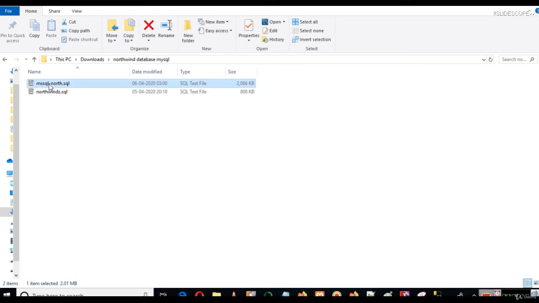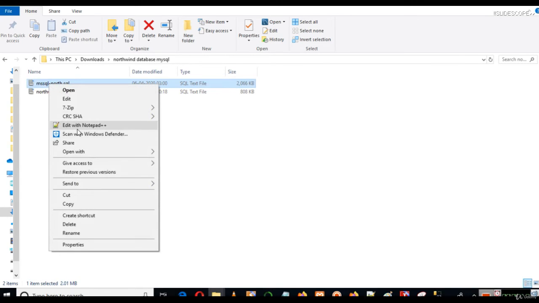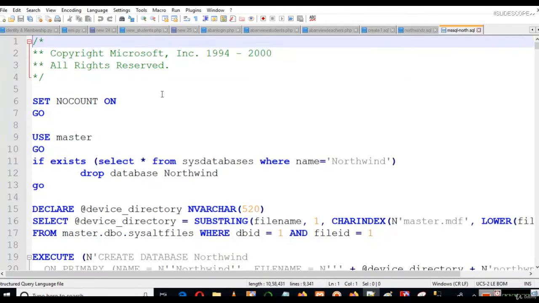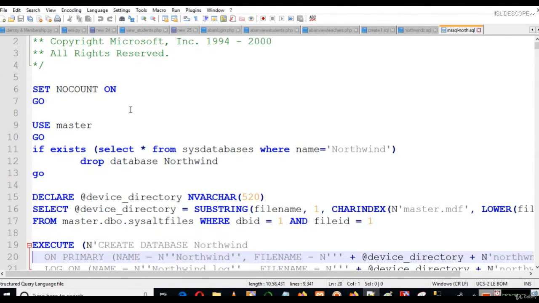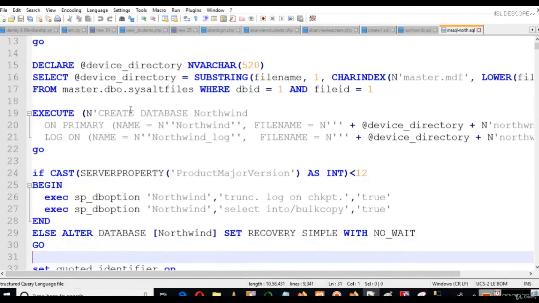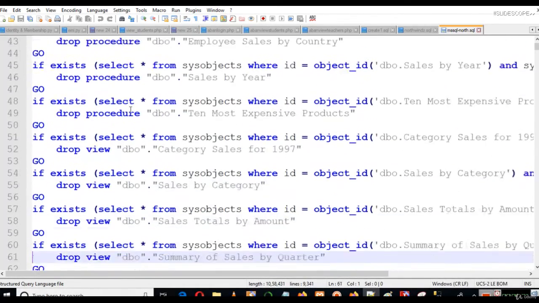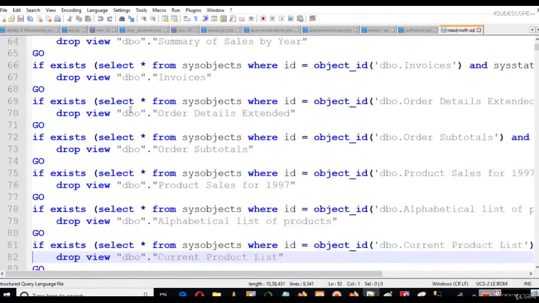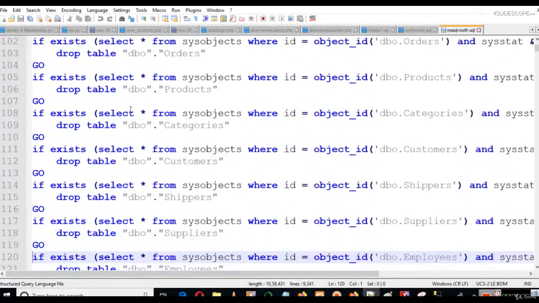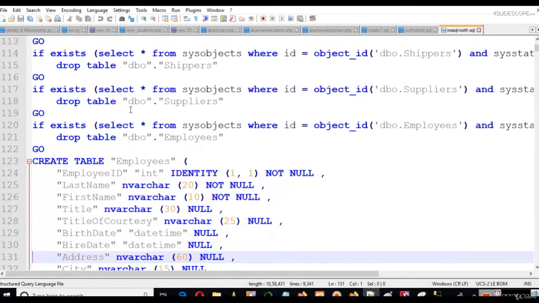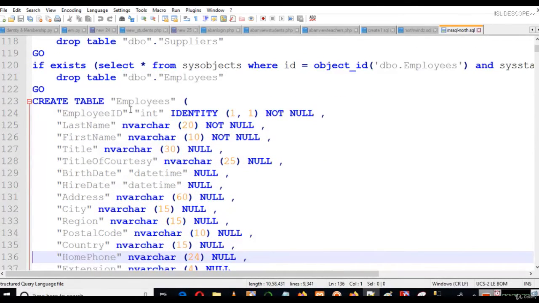So this is the MS SQL file for Northwind. Here you can see these lines are written. Again, you have to skip these lines because you are a beginner, otherwise you will be confused. I will share this file with you also. If you want to install or import Northwind on SQL Server Management Studio, you can use this file.